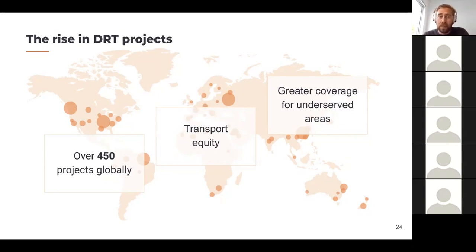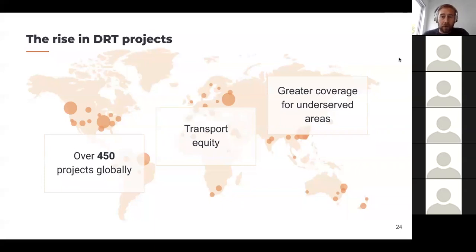However, there is definite value to taxpayers to implement DRT in specific areas of cities, and regional and rural areas specifically have a strong use case. There was a question I think we'll touch on later around the cost per trip. That's a very good question, and what we've seen overseas is that the longer the DRT services have been running, the lower the cost per trip has become over time. This is due to increasing density, increasing patronage, and I guess acceptance and refinement of the technology evolving as well.